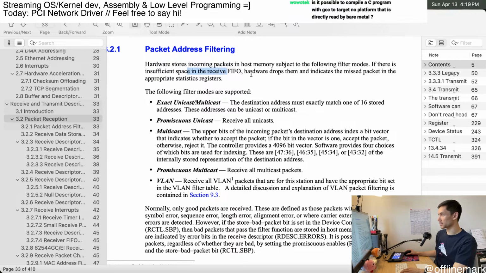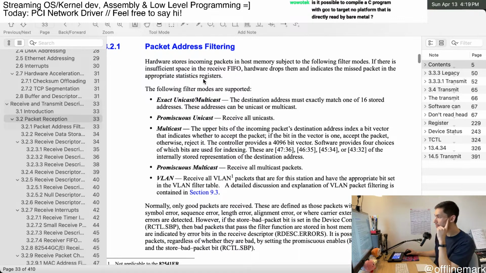If there's insufficient space, hardware drops them and indicates the missed packet in the statistics registers. The following filter modes are supported. Exact unicast: destination address must match exactly. Receive all unicasts. Multicast: the upper